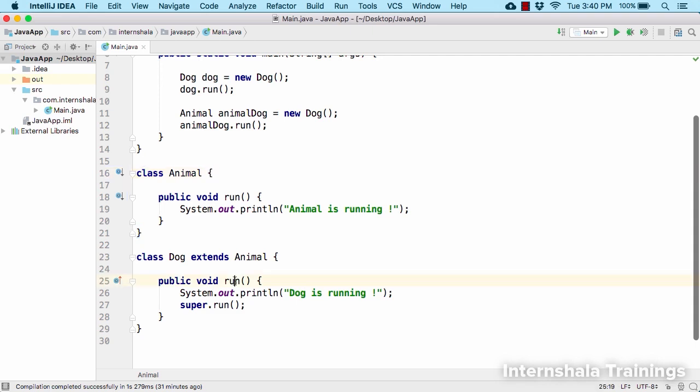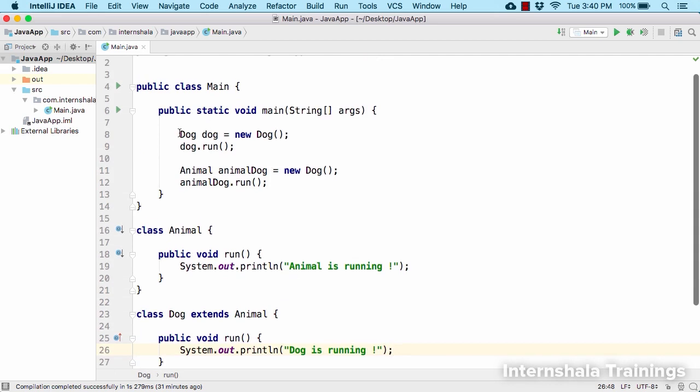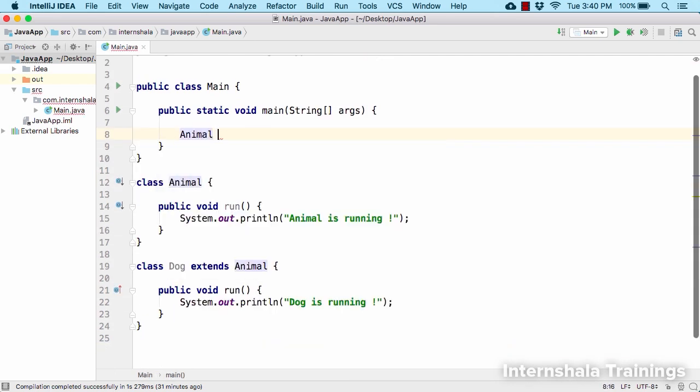So here within the run method of the Dog class, let us remove the super.run code. And now within the main method, suppose we define Animal animal1 equal to new Animal object. So when this statement is executed, let us assume it will create the object A within the heap memory. Now on the left hand side, I have the animal1 reference variable. This reference variable will be created within the stack memory. So let us represent animal1 pointing towards the object A. So the animal1, which is our reference variable, will now point to the object A present within the heap memory,